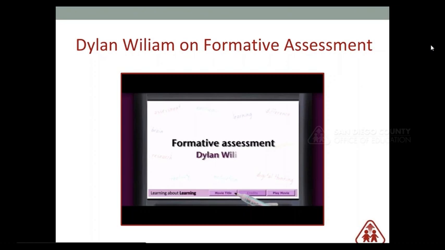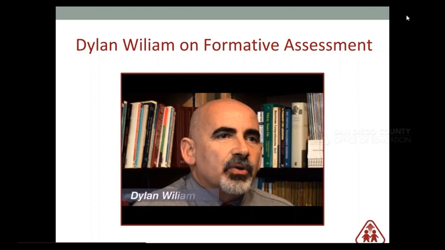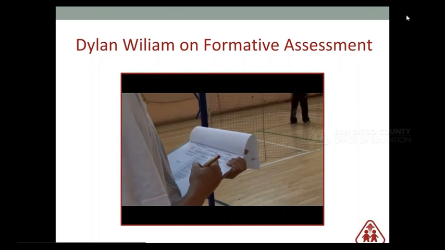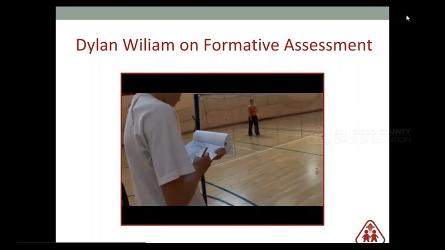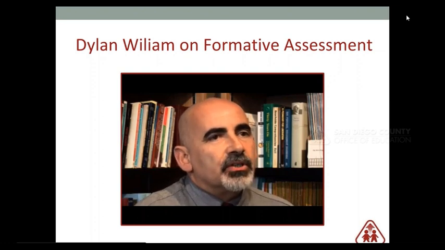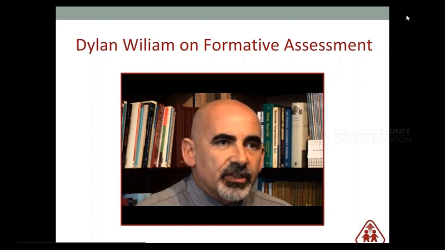To me, formative assessment describes all those processes by which teachers and learners use information about student achievement to make adjustments to the students' learning that improve their achievement. So it's about using information to adapt your teaching and adapt the work of the students to put the learning back on track, if you like, to make sure that the learning is proceeding in the right direction and to